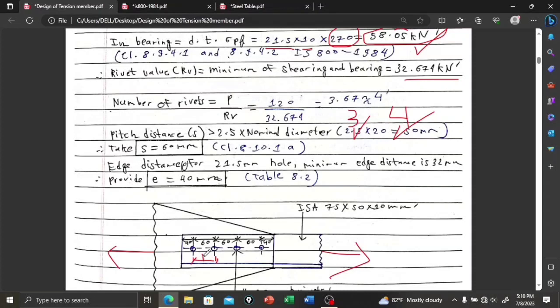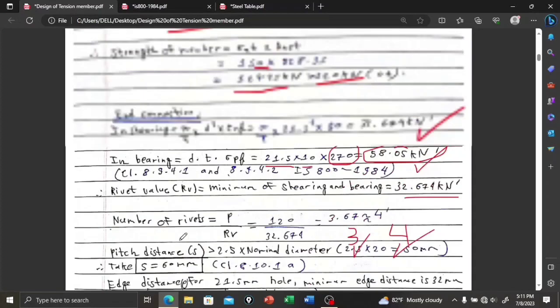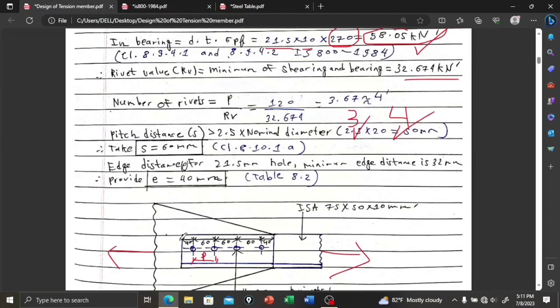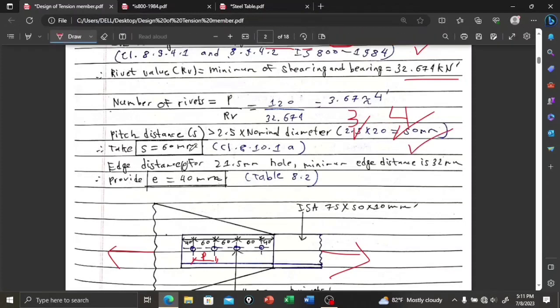This is the P. So minimum pitch is as given in the code, 2.5 times nominal diameter, which was 20. So 2.5 times 20 is 50, the minimum value. So we can take pitch as 60